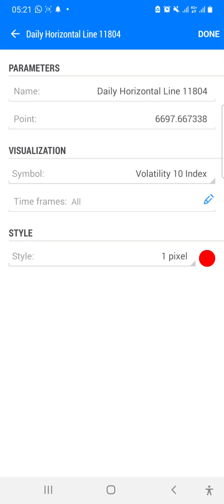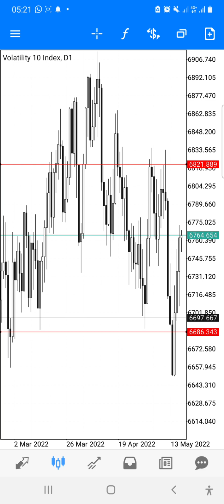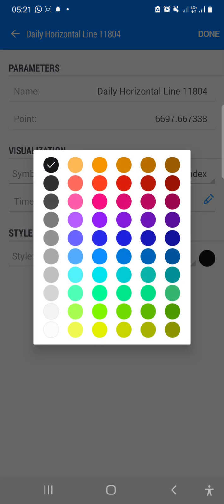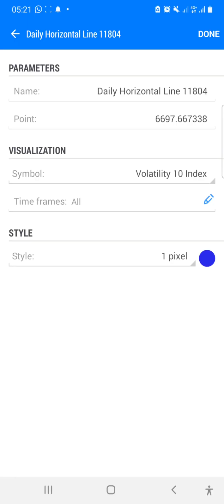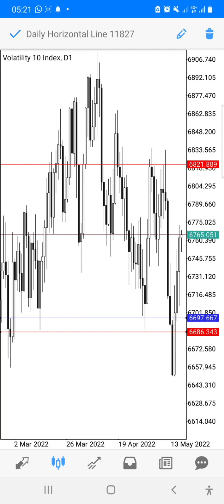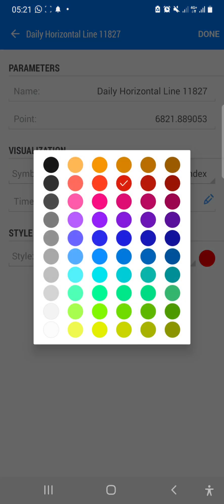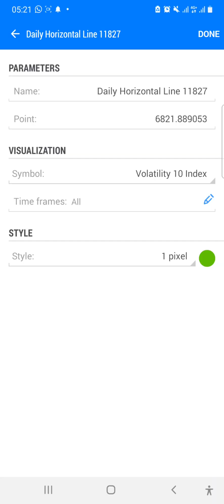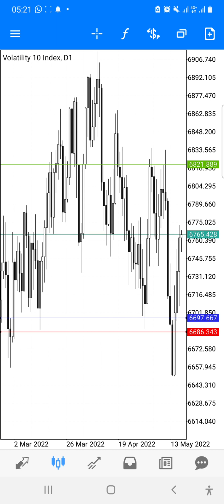Let me mark it with another color, blue. So you can see our entry is the blue one, while our